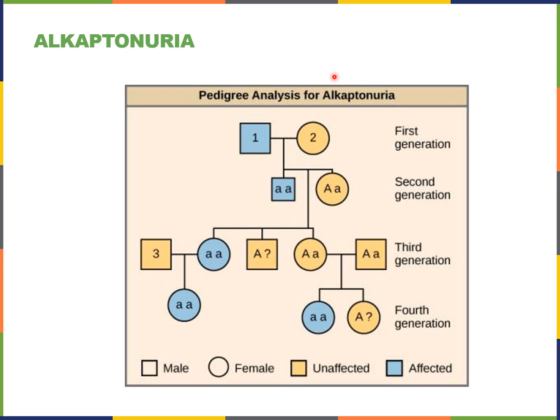So here's an example for alkaptonuria, which is black urine disease. It's a really rare inherited disorder that basically prevents the body from fully breaking down two different protein building blocks, or amino acids, and it results in a bunch of acid basically being built up in the body. But you can see the pedigree here. We have an affected male who has this